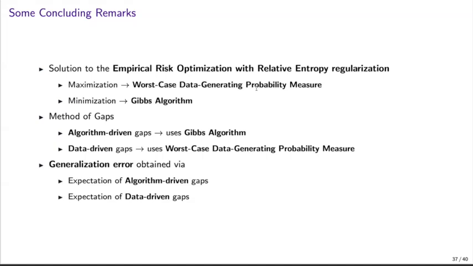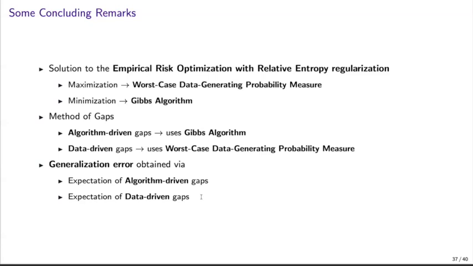Interestingly, the first method, algorithm-driven gaps, leads to comparing whatever algorithm to the Gibbs algorithm. The second case, data-driven gaps, is very appealing for studying data poisoning or secrecy or security of these systems when the metric is the generalization error. Why? Because that second variant focuses on variations of the data